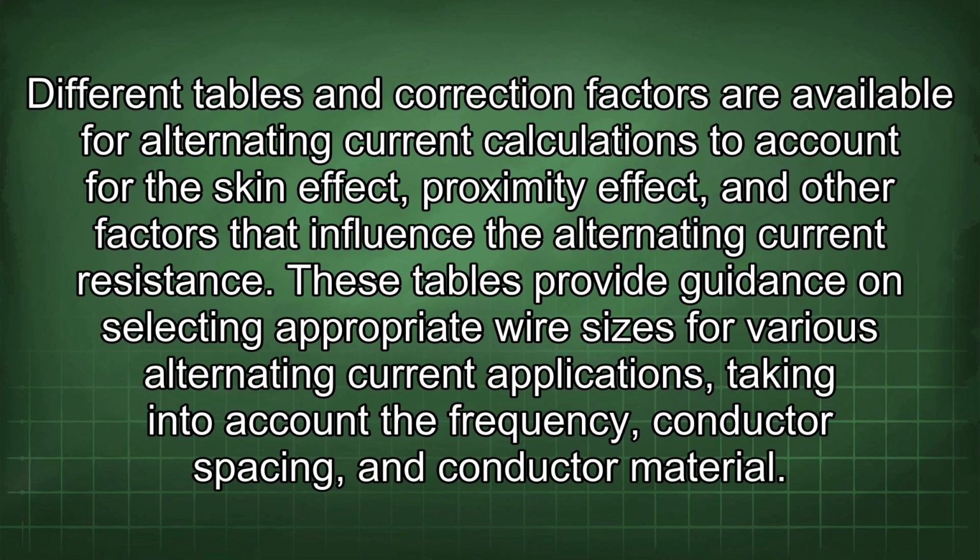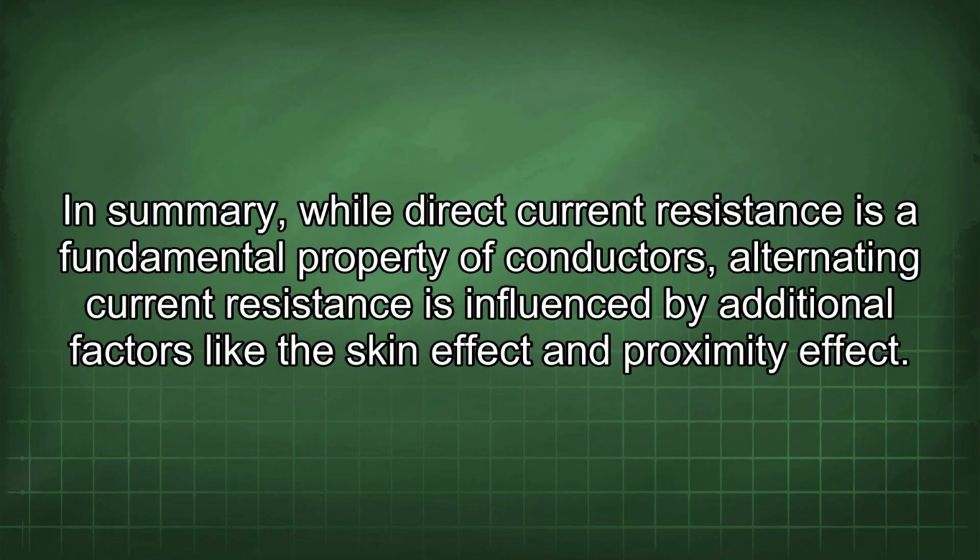Different tables and correction factors are available for alternating current calculations to account for the skin effect, proximity effect, and other factors that influence the alternating current resistance. These tables provide guidance on selecting appropriate wire sizes for various alternating current applications, taking into account the frequency, conductor spacing, and conductor material. In summary, while direct current resistance is a fundamental property of conductors, alternating current resistance is